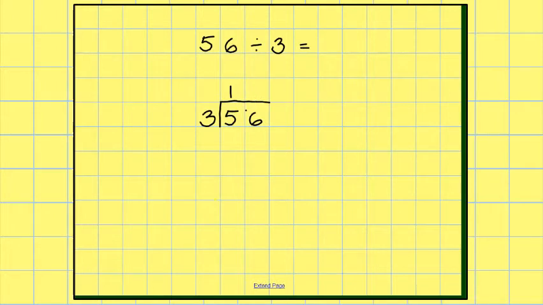So we need to carry, in this case, a 2 into our column and divide this number, which is now 26, by the 3 that's outside of the bus stop. Okay, so how many lots of 3 are there in 26? Let's count up in our heads. So we've got 3 times 1 is 3, 3 times 2 is 6, 3 times 3 is 9, 3 times 4 is 12, 3 times 5 is 15, 3 times 6 is 18, 3 times 7 is, you've got it, 21, 3 times 8 is